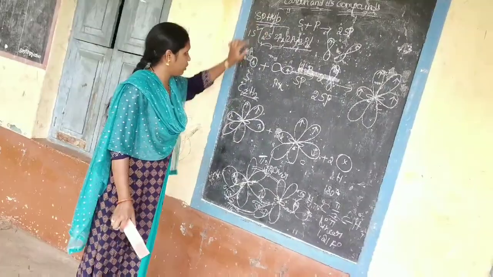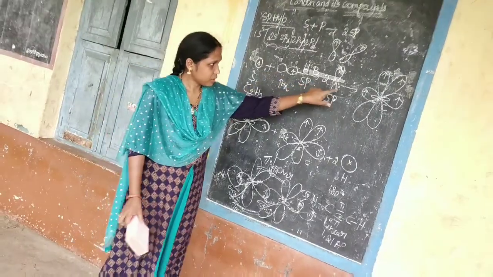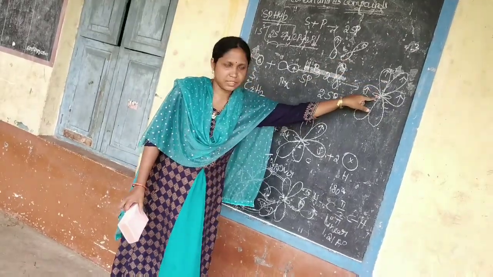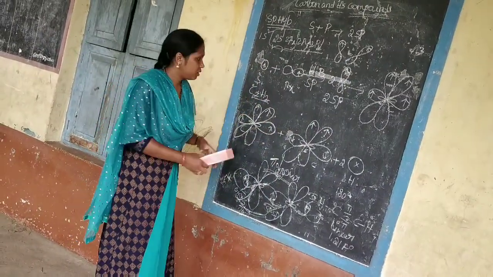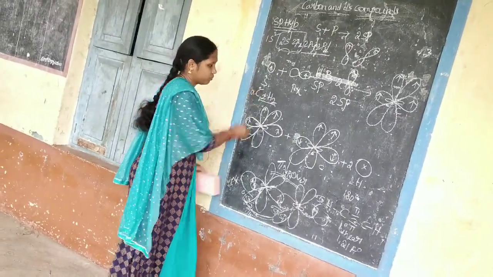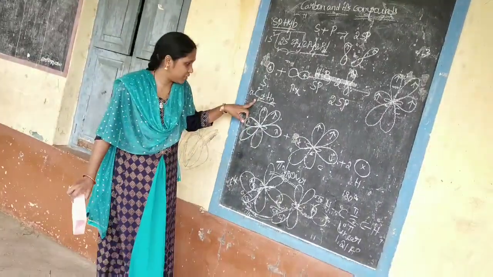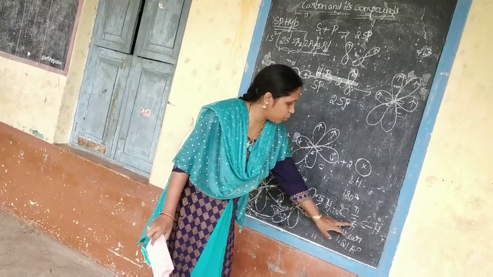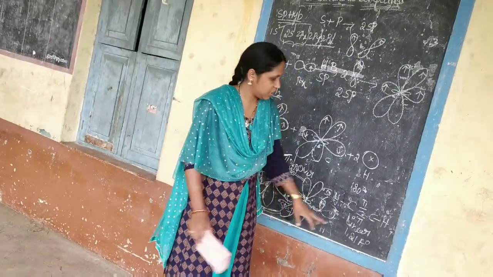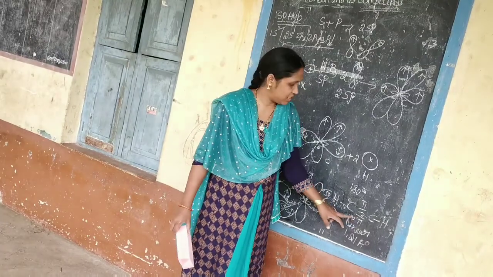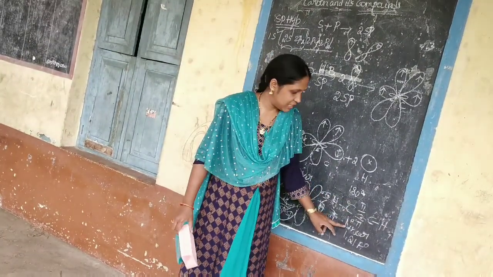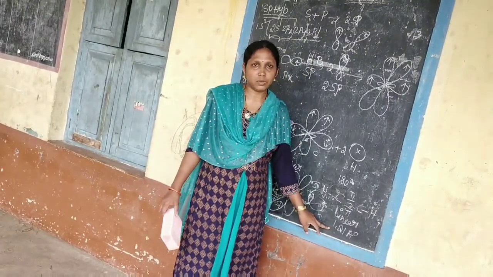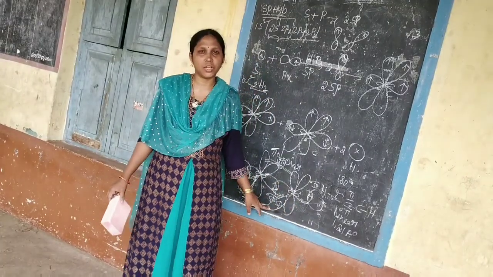In sp hybridization, one s orbital and one p orbital are involved, but the carbon has two other orbitals, py and pz, which remain like atomic orbitals. Taking the example of C2H2, the two carbons are sp hybridized. The sp hybridized carbons overlap and form a triple bond, C triple bond C. One is a sigma bond and the other two are pi bonds. The angle is 180 degrees, the shape is linear, and the CC bond distance is 1.21 angstroms. This is the concept of hybridization. Thank you.